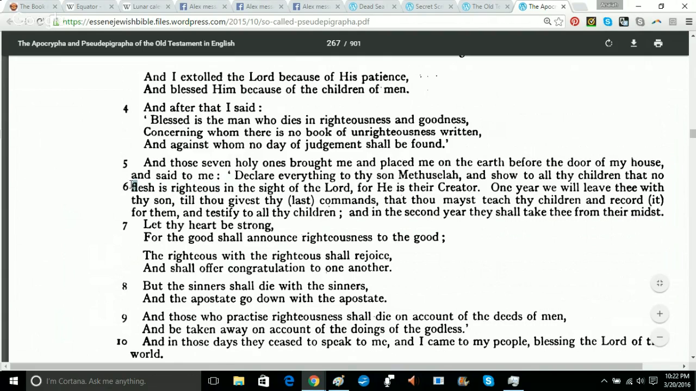So you follow the Spirit of righteousness, and you'll be righteous. But if you follow your flesh, there's no righteousness in the flesh in his sight. And he says, blessed is the man who dies in righteousness and goodness, because he won't be condemned. Which implies that if you die in unrighteousness and badness, if you die in sin,